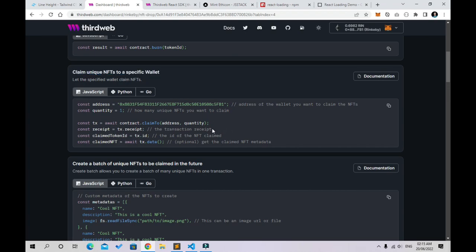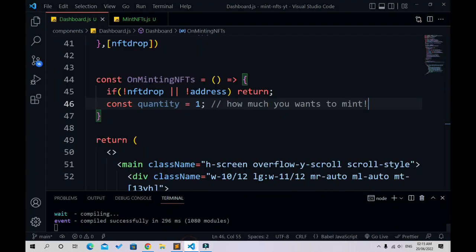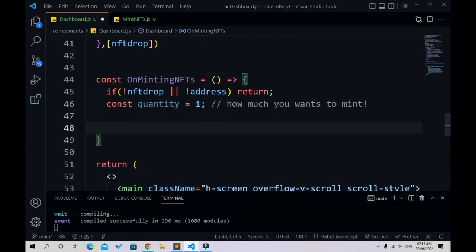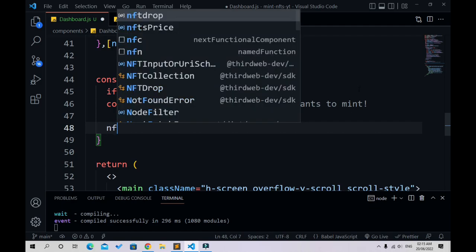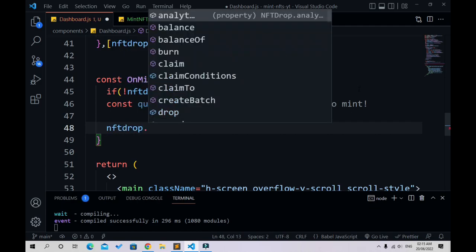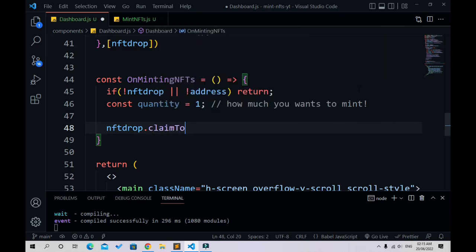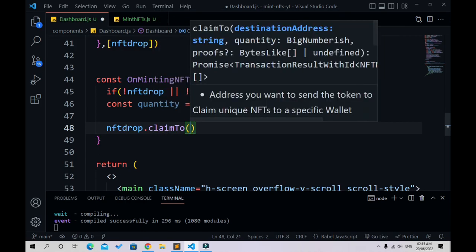Okay, cool. Move back to browser, and there, great. So what is there? NFT drop dot claim to. I am seeing my address, my contract address will claim an NFT on the basis of address